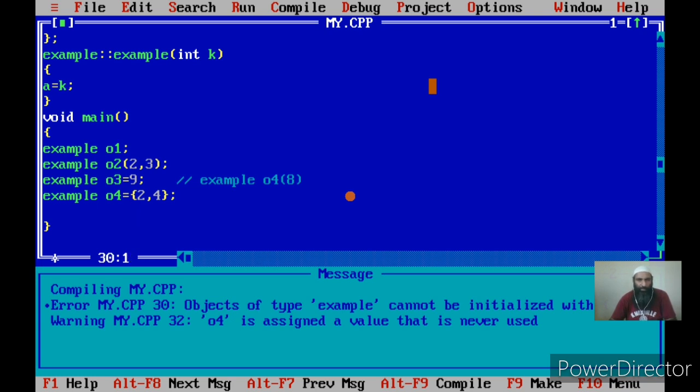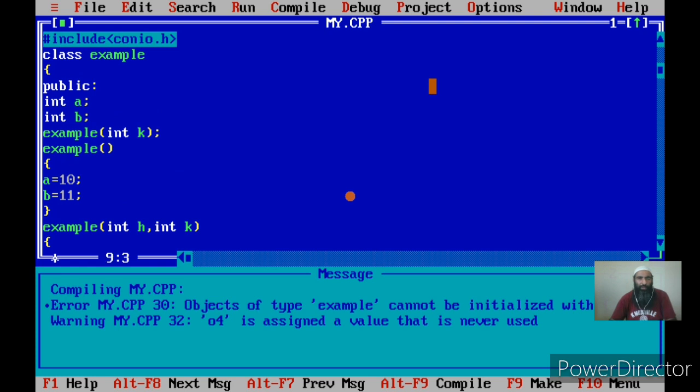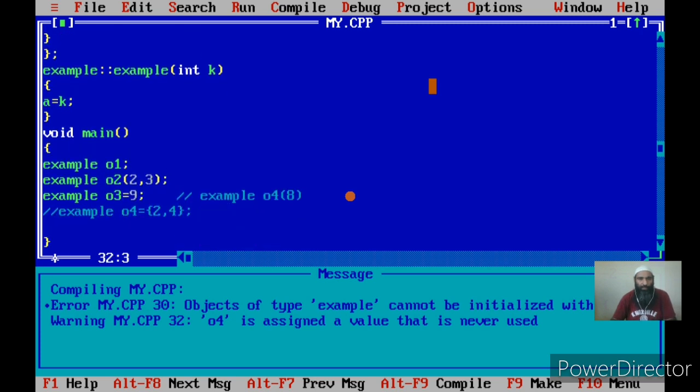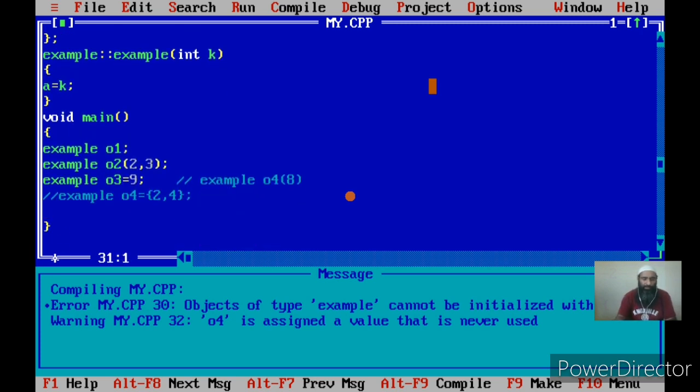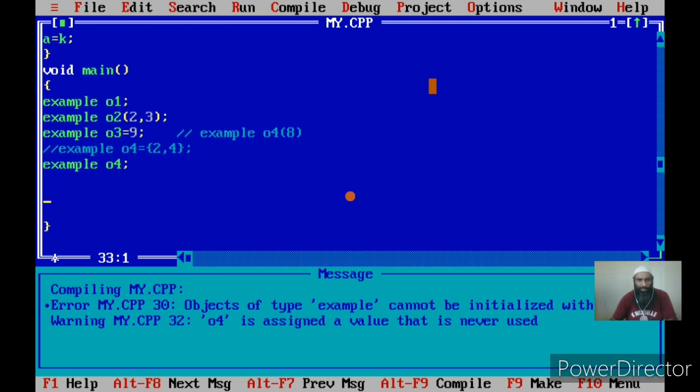Now if we initialize the objects at the point of declaration, what will happen? The compiler generates an error. So how do we initialize the objects? By using constructors later on. This is how we initialize the objects later on by using a constructor. Suppose I create an object O4. Now for this object O4, a default constructor will be automatically called. But suppose later on I want to initialize it using a constructor.